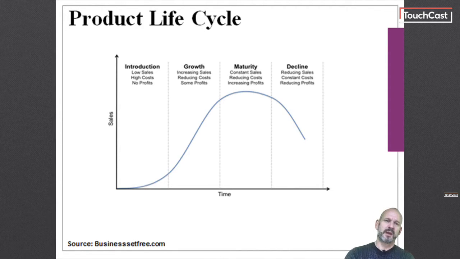In stage 4, we see decline, and here sales and profits reduce significantly as the product comes to the end of its life and customers predictably move to other products. The goal for any small business is to move the product through the introduction stage and into the growth stage as quickly as possible in order to benefit for as long as possible from the associated profits that are available in the maturity stage. It's also important that when your product is clearly in the decline stage and cannot be revived, that you discontinue it before it becomes loss-making.